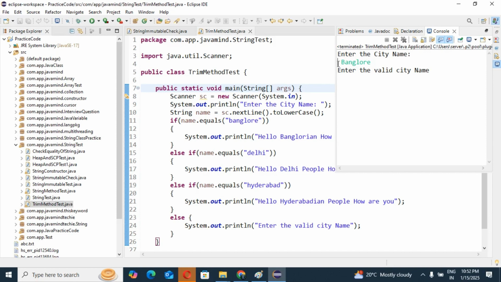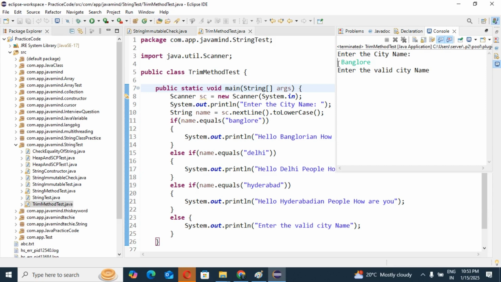Yes or no? So the end user doesn't know, right? The end user is a non-technical person. Only our developer knows all these things: what is a space, what is uppercase, what is lowercase. But from the customer's and end user's point of view, they don't know. So for the resolution of this issue, we have a very beautiful concept